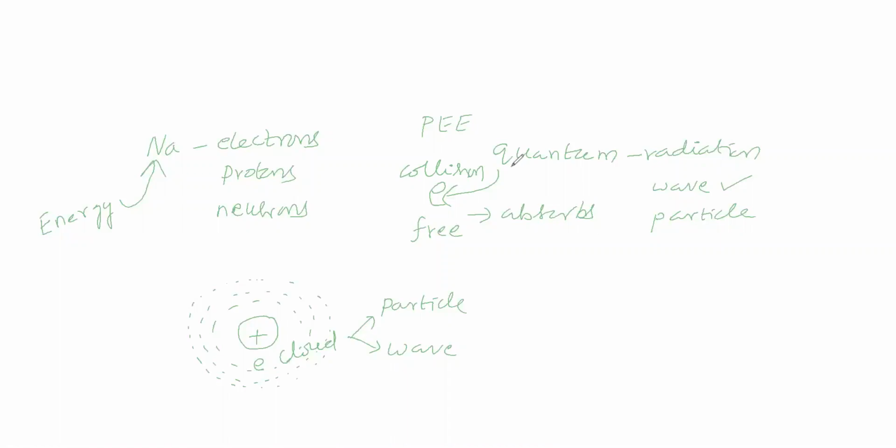Think about it. Suppose a man is standing in sunlight. Sunlight is falling on the man, which means sunlight is colliding with him. That's why his body absorbs the sunlight and utilizes it for synthesizing vitamin D. Likewise, this quantum is present in the radiation. If this quantum collides with the free electron, only then will the free electron absorb it, otherwise no.